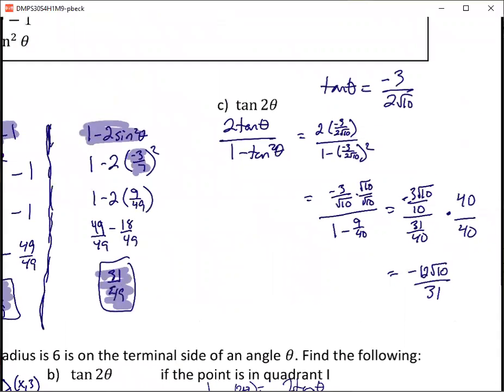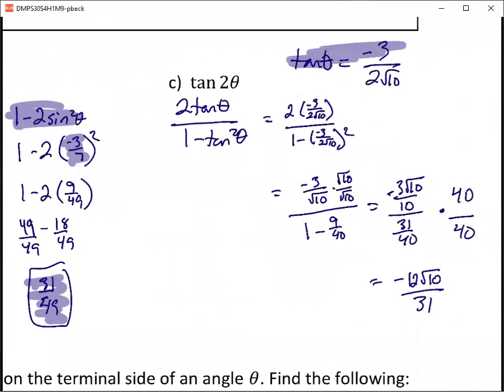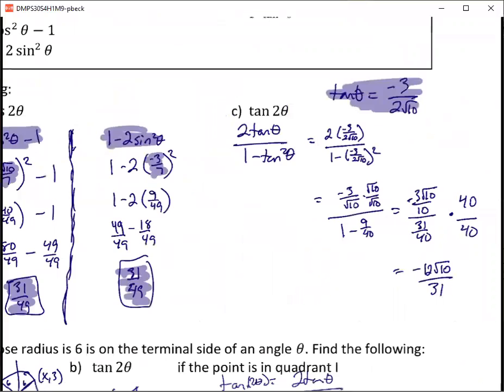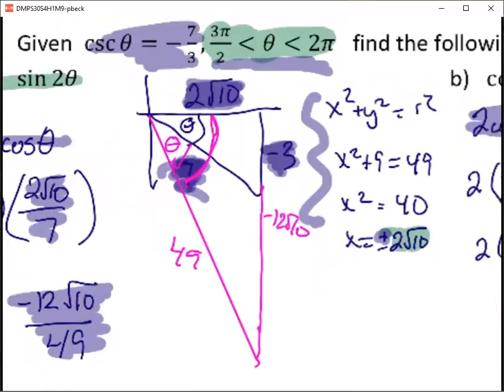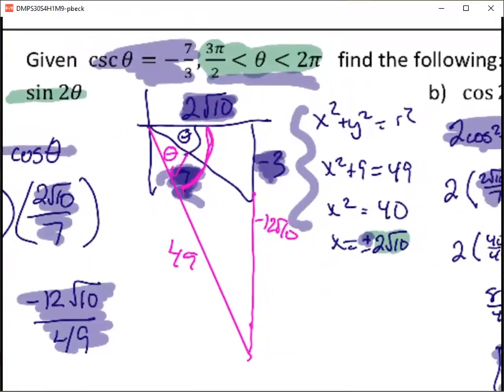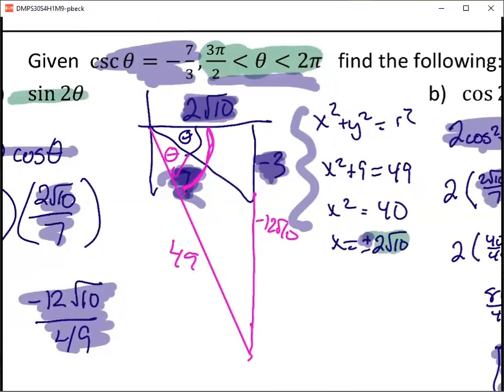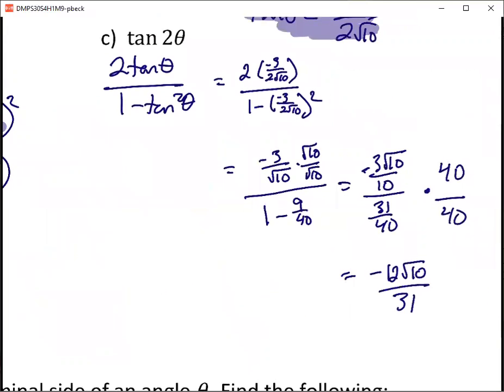Tangent 2 theta. So first we have to know the tangent of theta, which I'm telling you is negative 3 over 2 square root of 10. Going back to the triangle that we drew here, hopefully that makes sense. That's negative 3 over 2 square root of 10. So when we do that, 2 times that over 1 minus that squared. So 2 times the tangent over 1 minus the tangent squared. Then do some math. Do some more math. Remember, when you square the radical, you're squaring both the 2 and the square root of 10. And then I like to multiply by the LCD of numerator and denominator to get that expression,